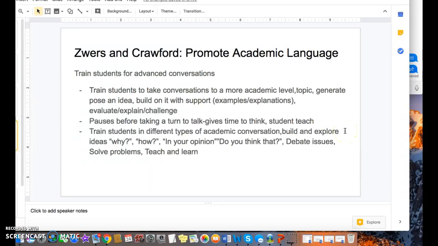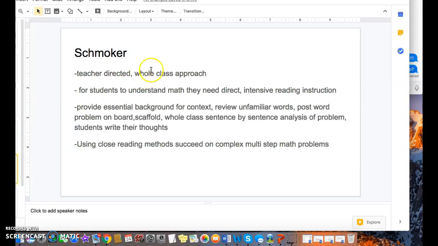And then train students in different types of academic conversations, build and explore ideas. Why? How? In your opinion, do you think that? Debate issues, solve problems, teach, and learn. When asking these type of questions, saying why, how, you're asking students to explain themselves, which they can use academic language to explain themselves. In Schmoker, he argues that